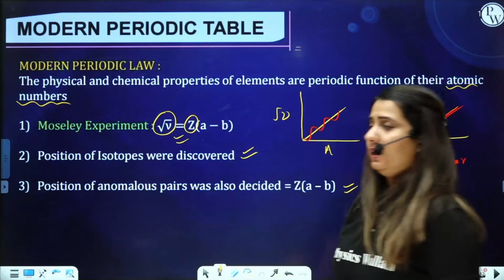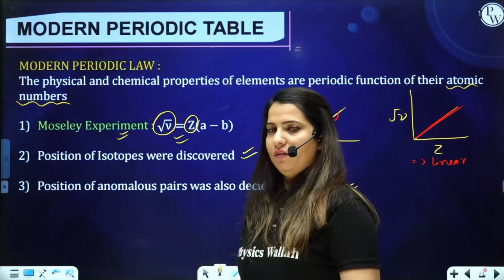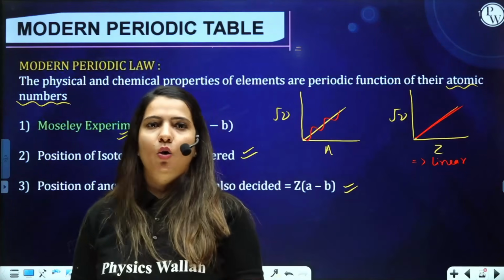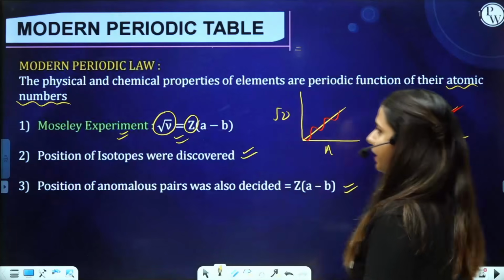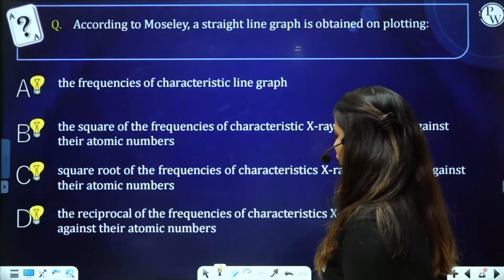You should remember the Moseley experiment. So position of isotopes is done. Anomalous pairs are already auto-corrected, right? Perfect. Now, according to the Moseley,